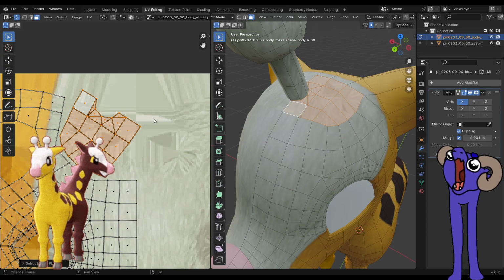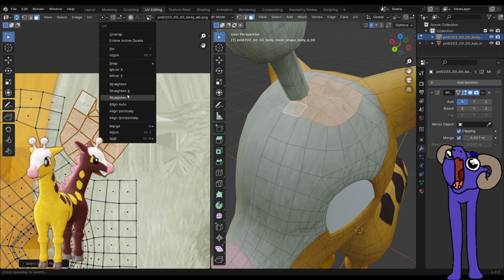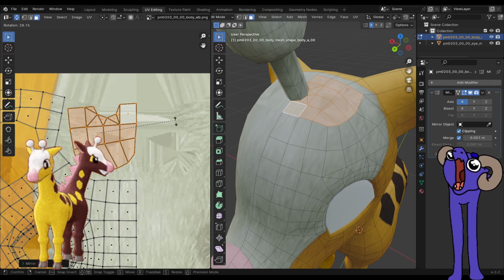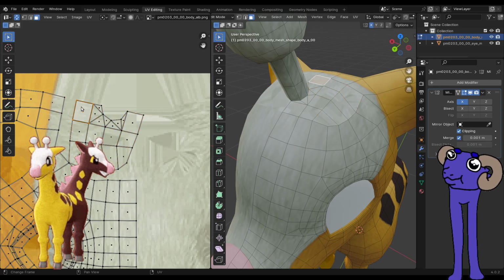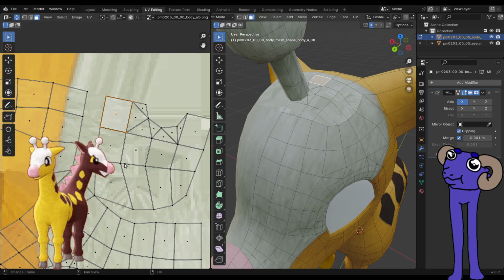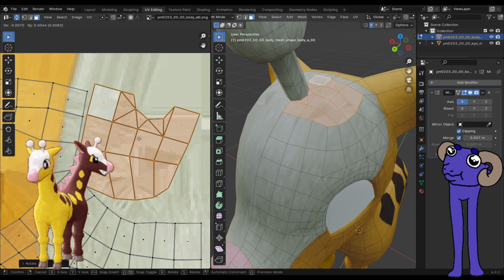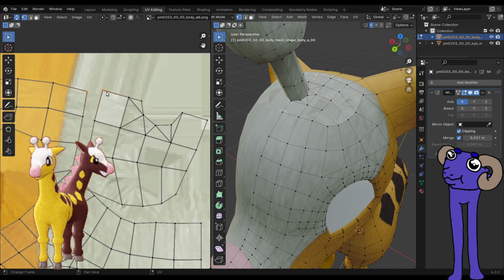Okay, so this is backwards. Let's flip it along the edge. And then